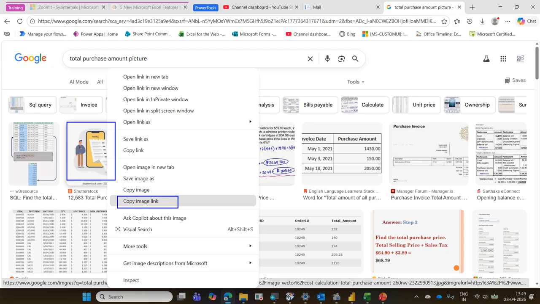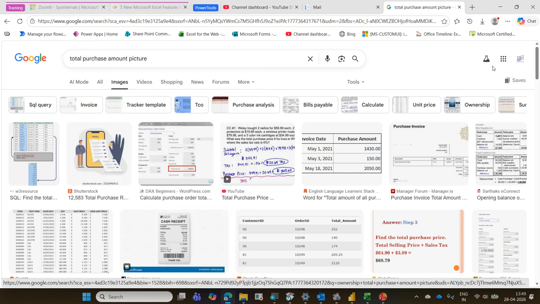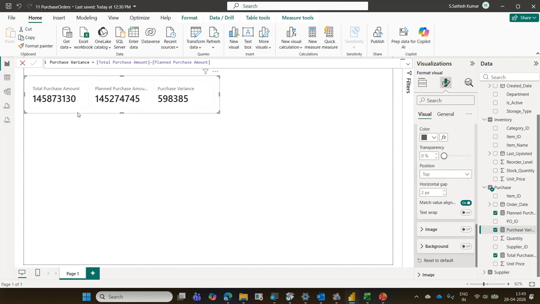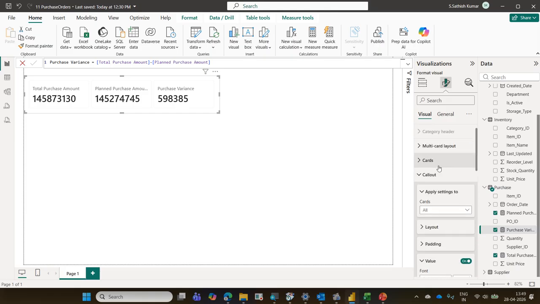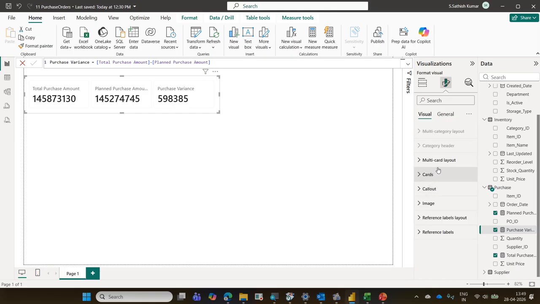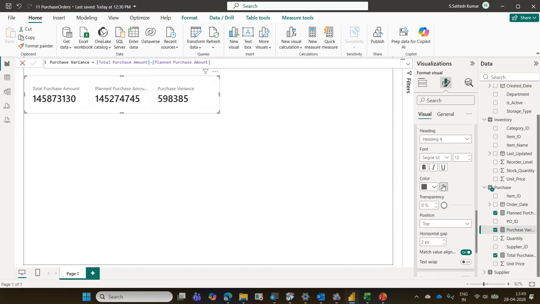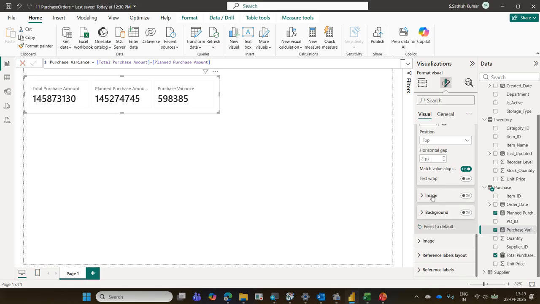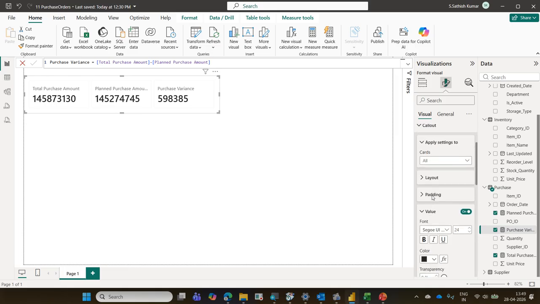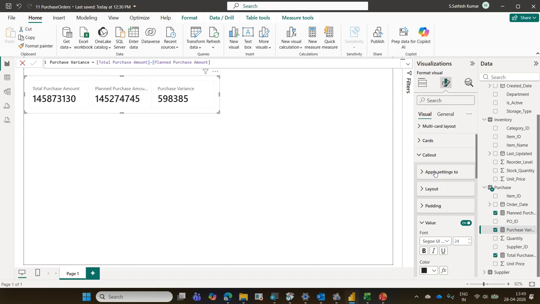Select this card, collapse this, call out collapse பண்ணுங்க. You should not get confused. Under call out there will be an image. Call out கீழ ஒரு image இருக்கும். You should not go for it. அதுக்கு போக கூடாது. So you have to go for a separate thing called as image. இங்க இருக்கு பாருங்க, image. Apply settings to